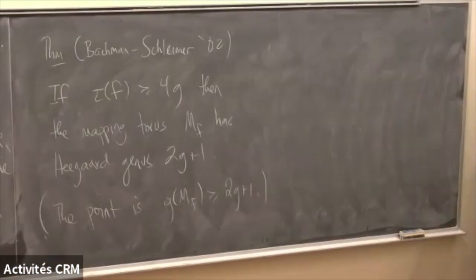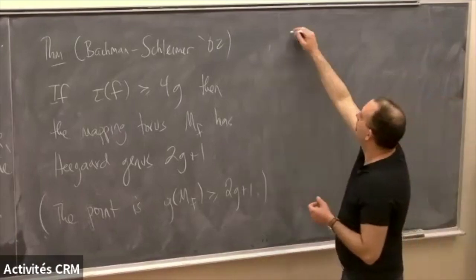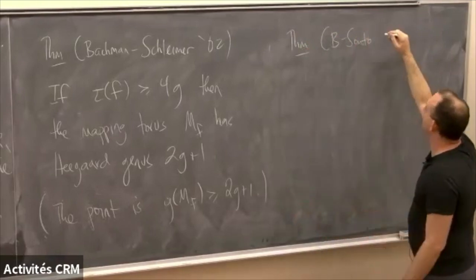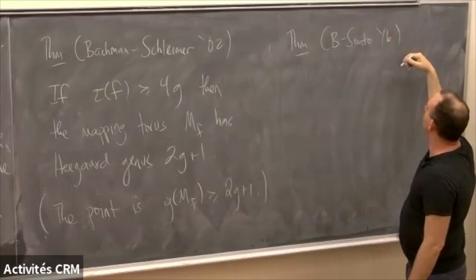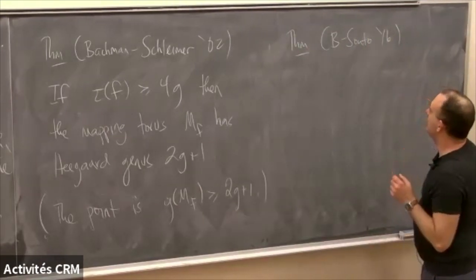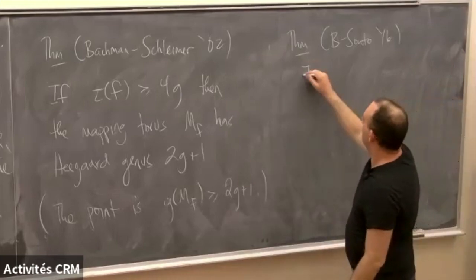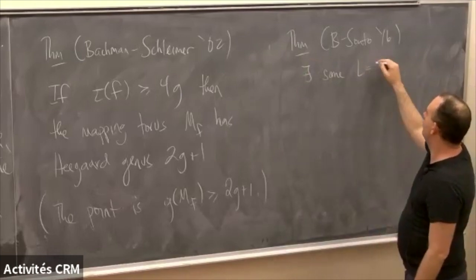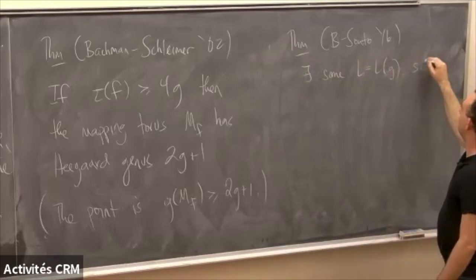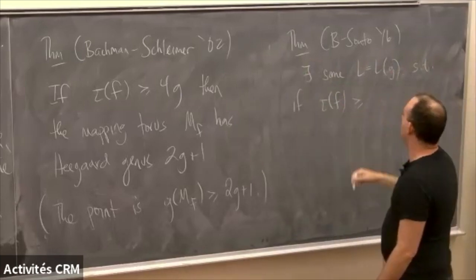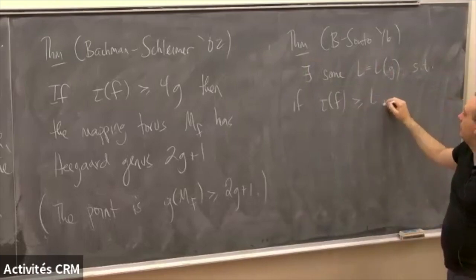Okay, and so the thing I want to talk to you about now is an analog of this theorem for rank. This is a theorem with Juan Souto. I think it's from '16 or something. So what does it say? It says that there exists some L depending on G, such that if the translation length of F is at least L,